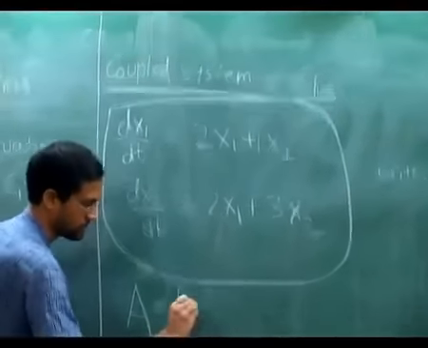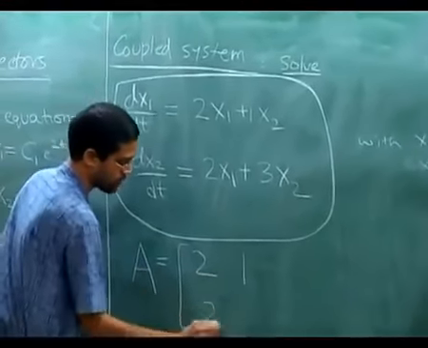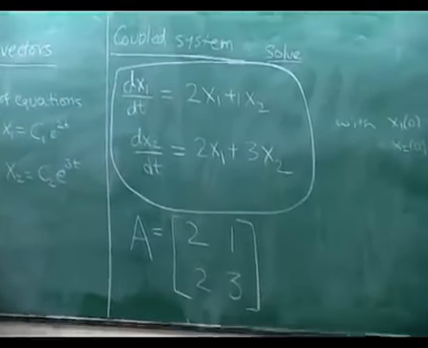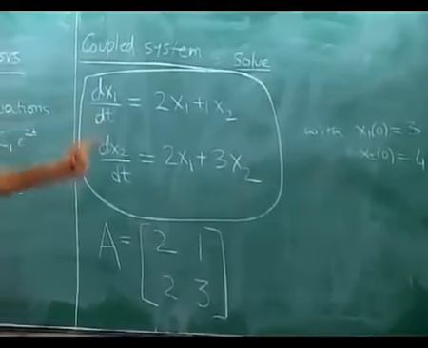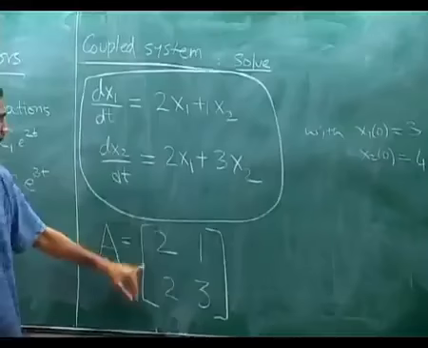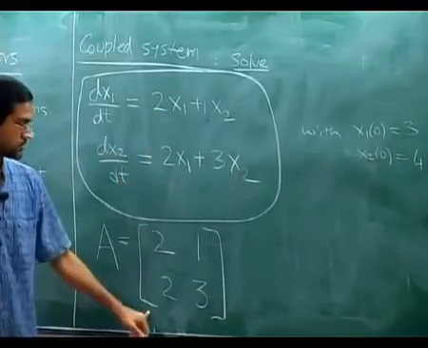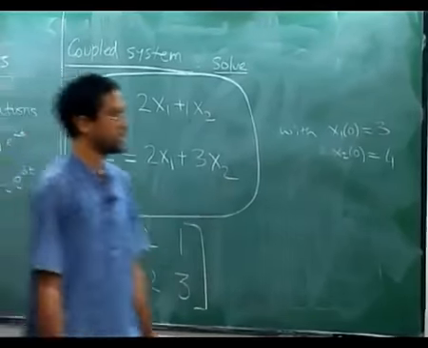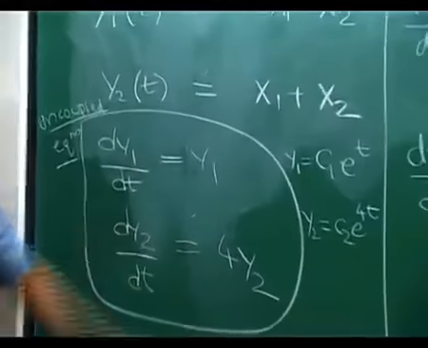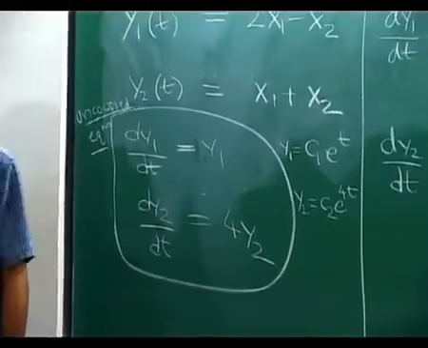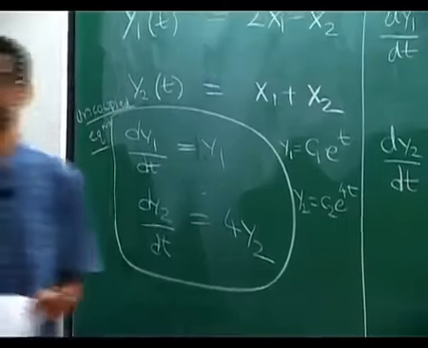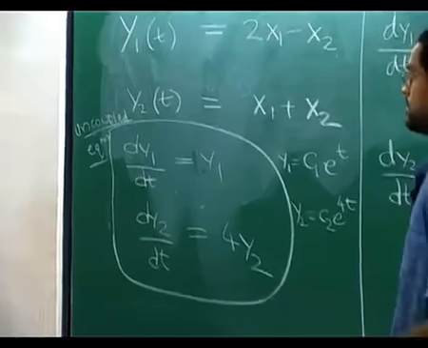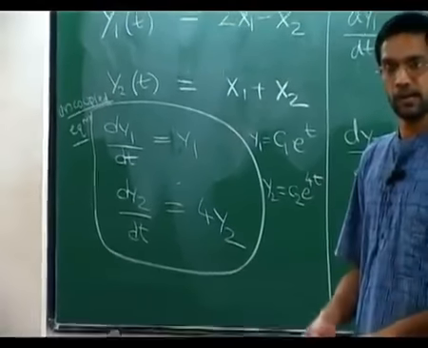The example I started out with, the matrix 2, 1, 2, 3, consists of the coefficients of the coupled system, so there are 4 coefficients. You form a matrix out of these, 2, 1, 2, 3. When you uncouple this system of equations, it ended up giving you 2 numbers in front of y1 and y2. They are exactly the eigenvalues of this matrix. At the moment we are just making an empirical observation from this particular example, but it turns out that this is actually a general phenomenon.